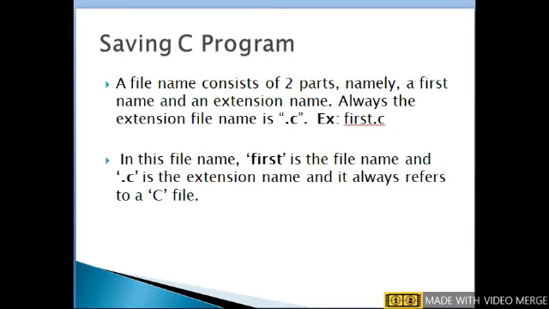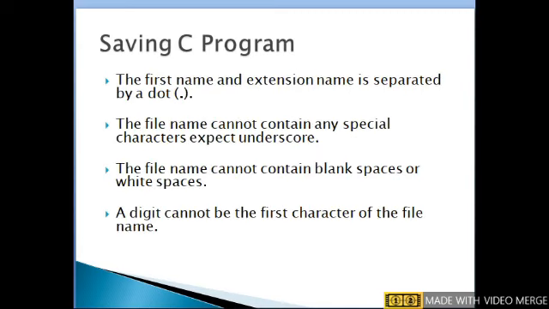For a Word file, we will find .docx. For an Excel file, you will find the extension .xlsx. For Paint files, you will find .jpeg as the file extension. For identification purposes, we use extensions in software. The first name and extension name are separated by a dot.